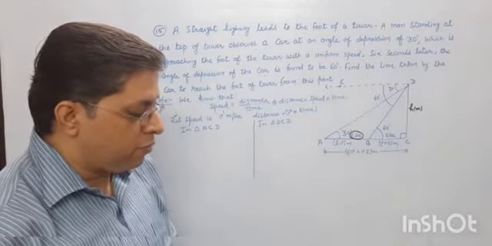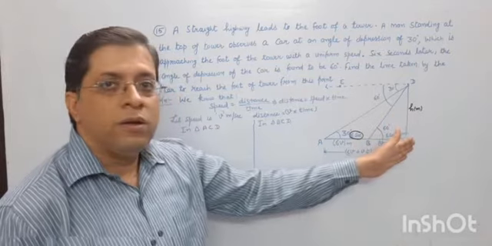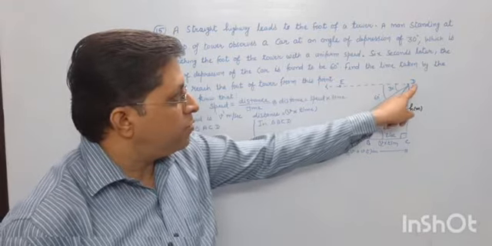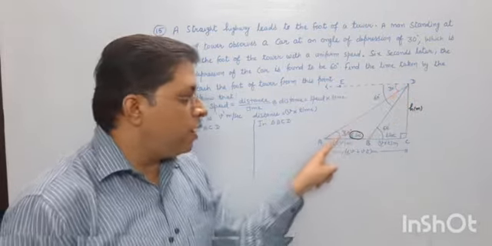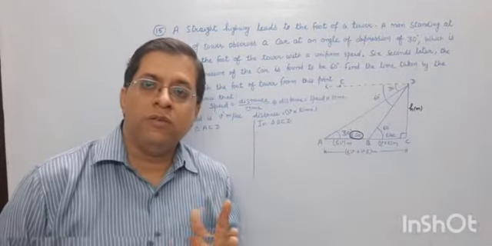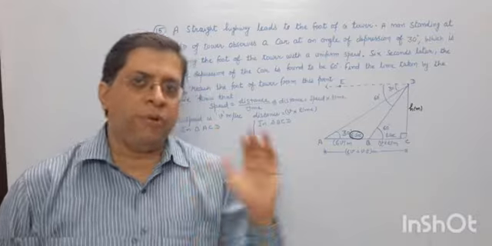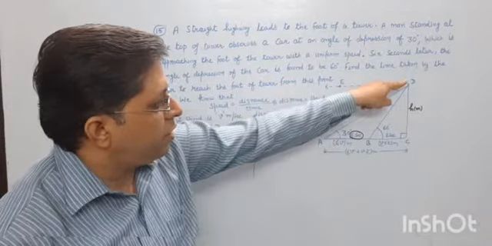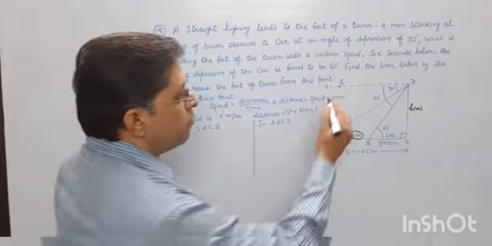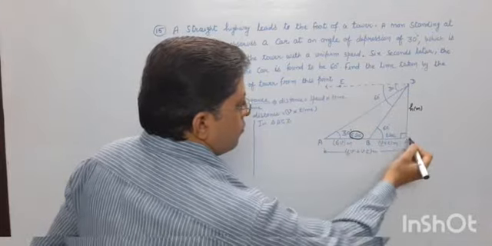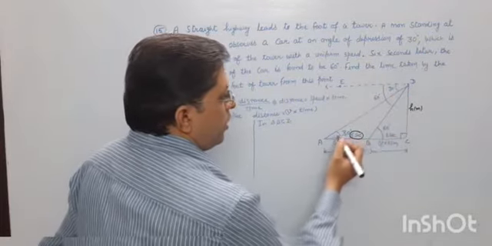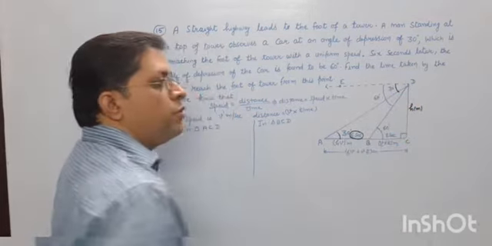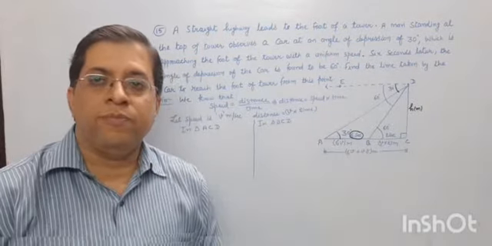I have drawn this figure. See here, this is the tower. Let's say its height is h, and one person is observing from here. He is watching the car down. It means which type of angle is this? This is your angle of depression. First position A, second position B, angle of depression is this. Then a Z is formed. This angle is 30, so this should be 30. If this is 60, this should be 60 due to alternate interior angles.